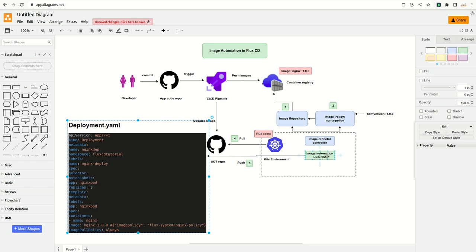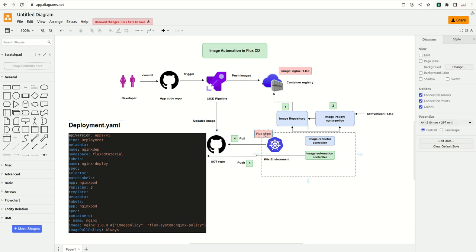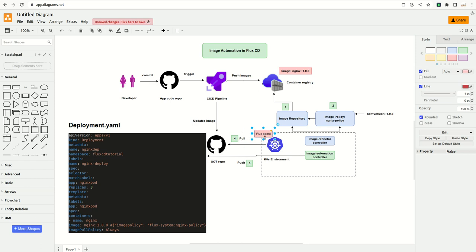So this image automation controller scans through the list of manifest files, and wherever these conditions are satisfied or match, it will update the version of the image in this manifest file. Once this controller updates the source of truth repository, our GitOps agent will pull those latest changes and apply them to the